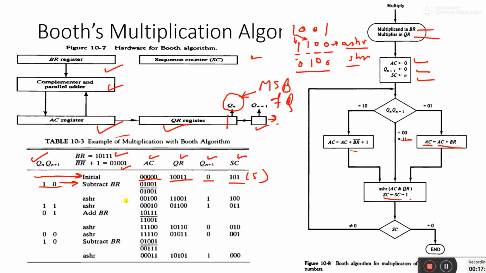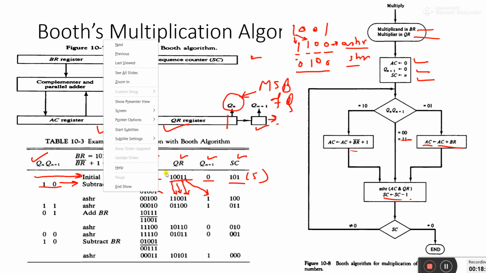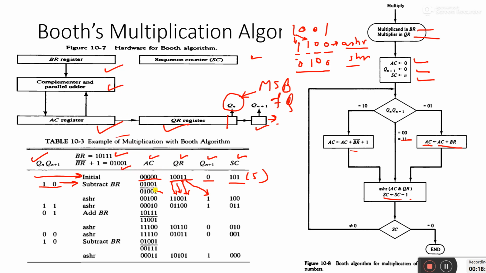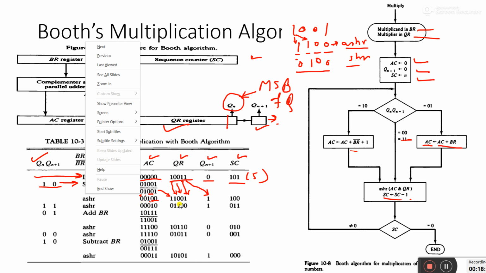Now for the arithmetic shift right, I will do the arithmetic shift right. Now this one is Qn plus 1, and this one will be shifted here, these two zeros will be shifted here, this one is shifted here. Now the answer is here 1, which is after addition, and this is 1, and this one is shifted here, these two zeros are shifted here, this one is shifted here. Now this 0 is here, and again the same 0 is copied here. So it is my arithmetic shift right.